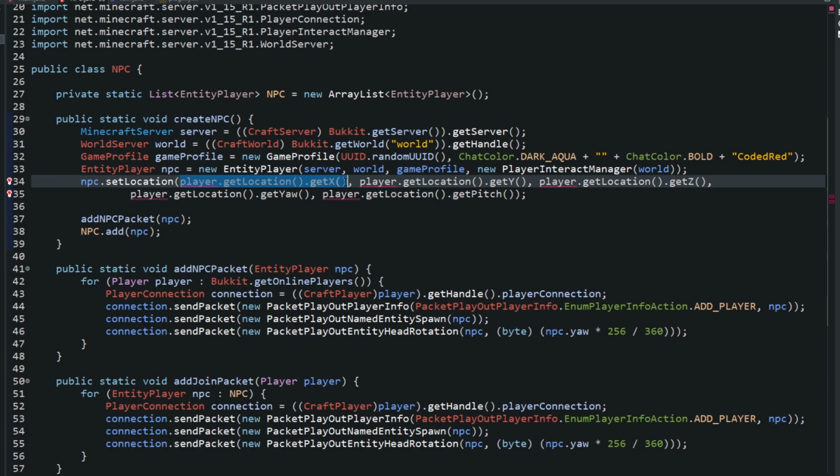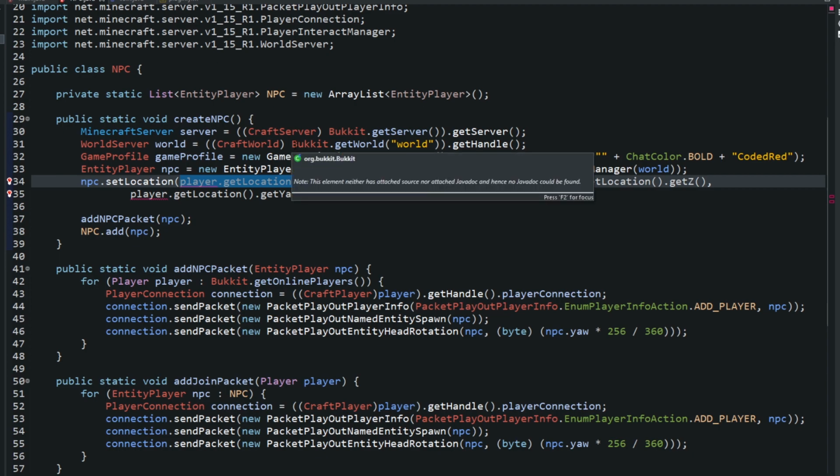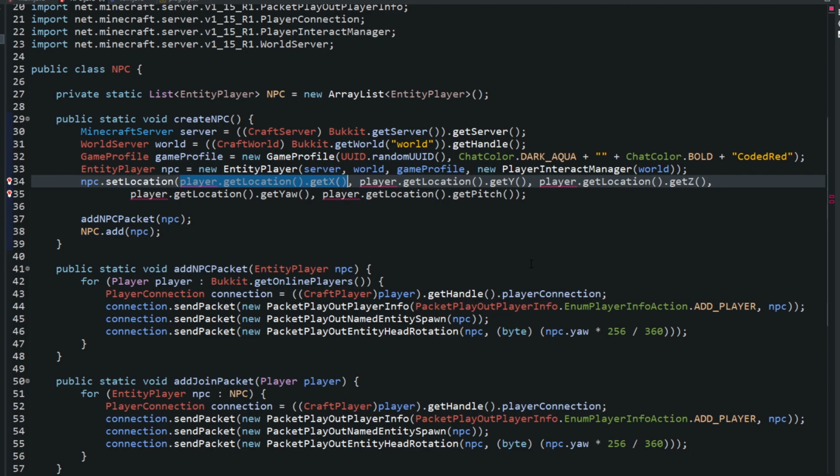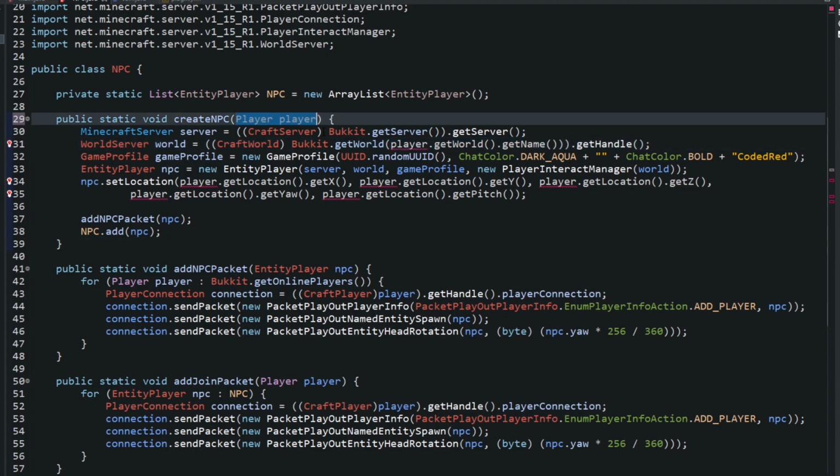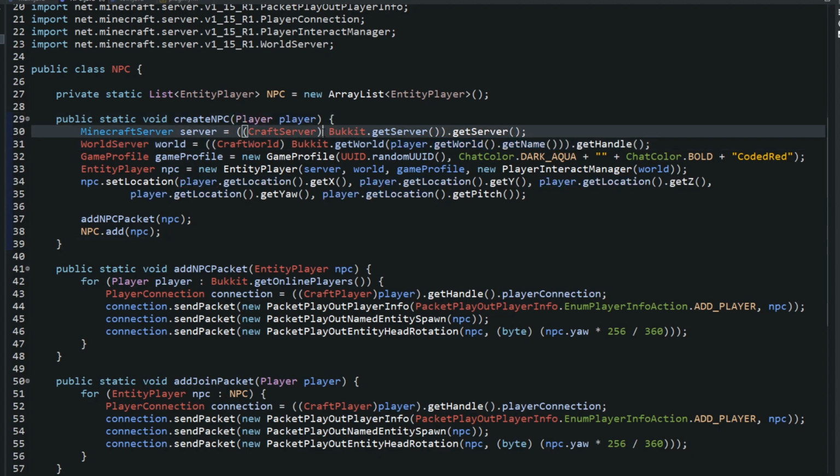If you don't want the NPC to be deleted when the server shuts down, you need to save everything in a file and then just run this method on enable, where it'll create every NPC, and every single time someone joins, it'll add them to that list using this method down here. Now, the way our plugin works, these NPCs will be deleted when the server shuts down, and that's just because I'm lazy, and we'll go over the file thing later.